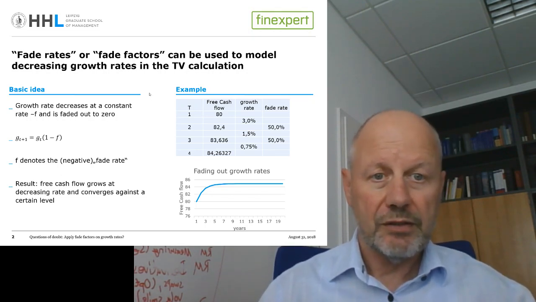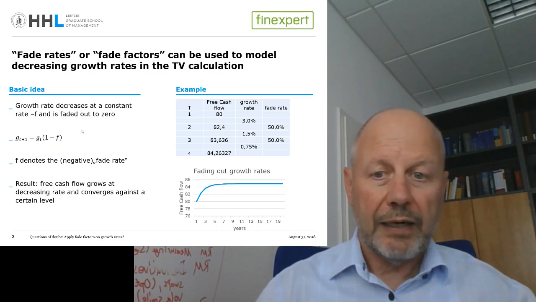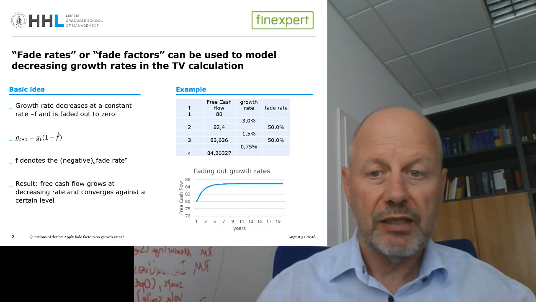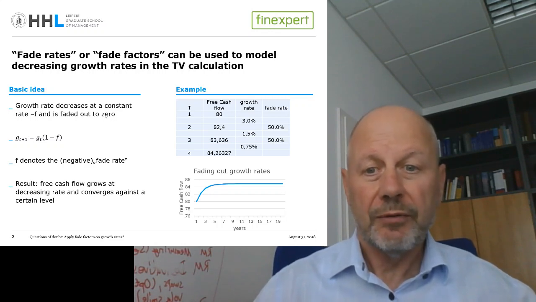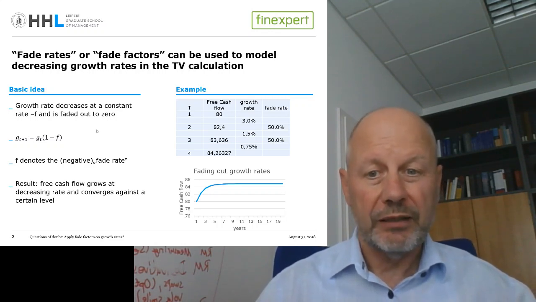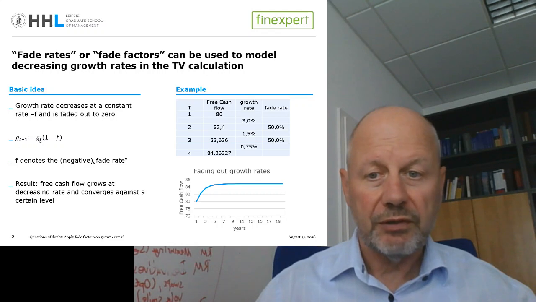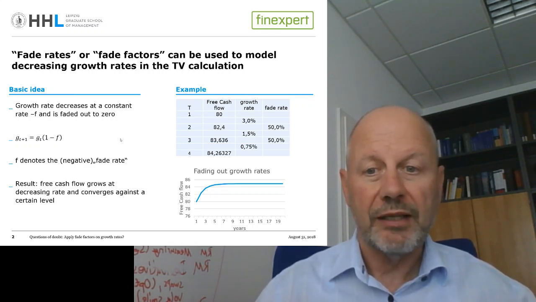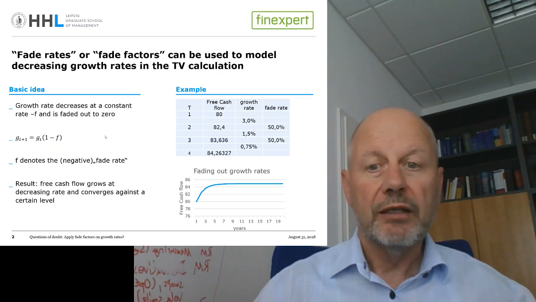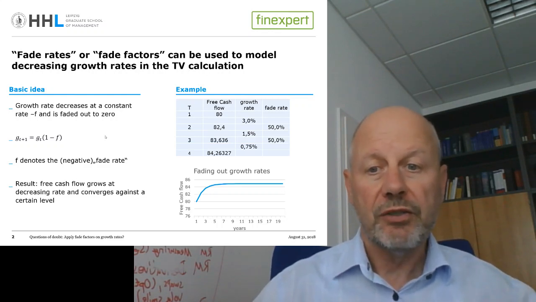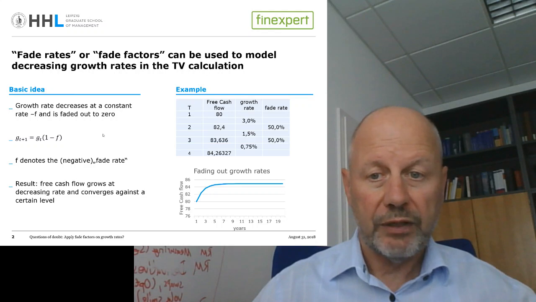It is simply to apply a certain negative growth factor upon the growth rate itself and let the growth decline by a constant rate in every period. So you see here that the growth rate in t plus 1 is equal to the growth rate in t times 1 minus this negative fade factor. In that sense, this fade factor is the rate of change of our growth rate from